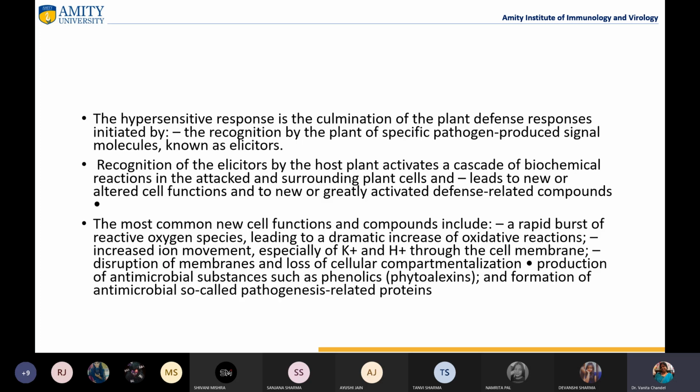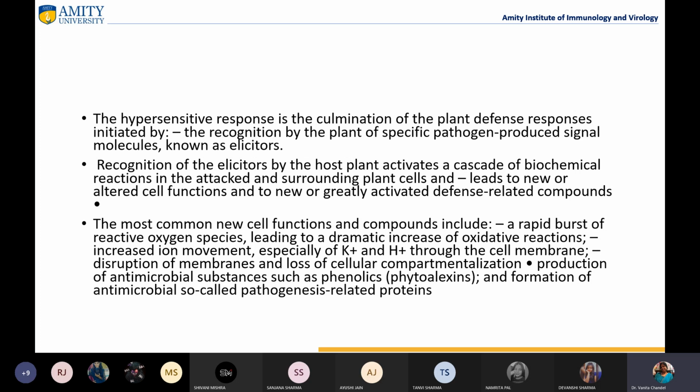The hypersensitive response is again the culmination of the plant defense responses, which is initiated by recognition of the plant-specific pathogen and produced signal molecules known as elicitors. So they generate a certain kind of signal molecules which are called elicitors. Now recognition of the elicitors by the host plant activates the cascade of biochemical reactions. So when the host plants recognize these kinds of elicitors, certain biochemical reactions will take place,